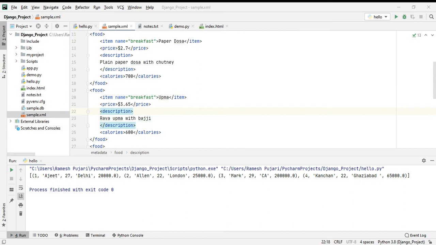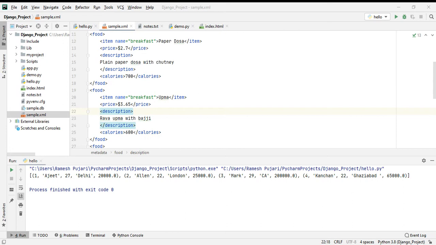By using these two methods, we can parse and read the information from the XML files. An XML document contains tags similar to HTML tags followed by the data, and we are going to run these files with the help of a Python script, using these XML parsing methods.